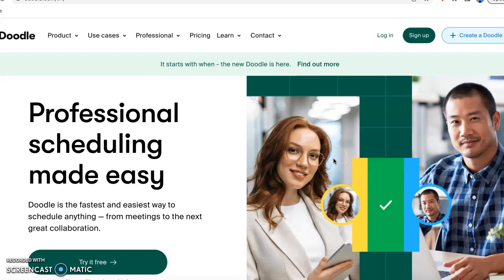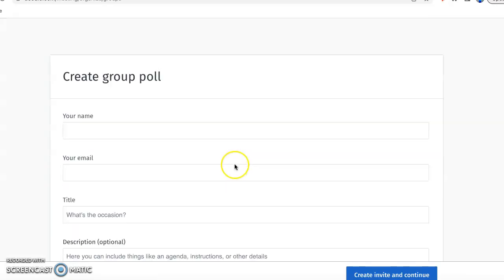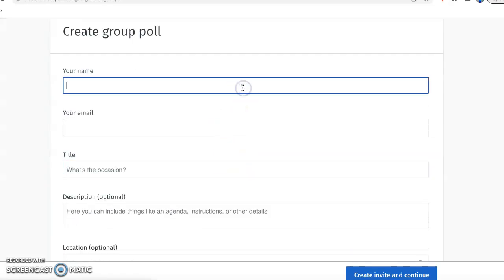So this is how you create a Doodle meeting. So you go to create a Doodle. Then you will type in your name, your email, and invite your participants to the meeting. So, for example,